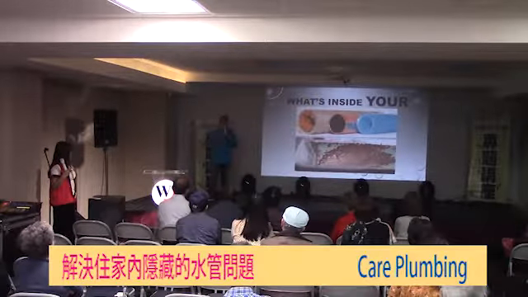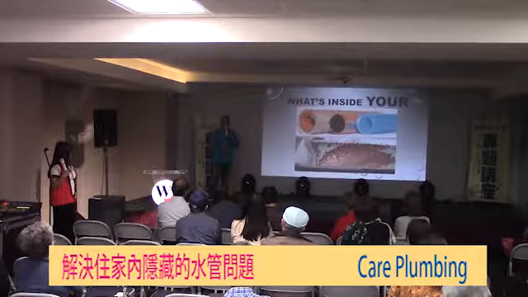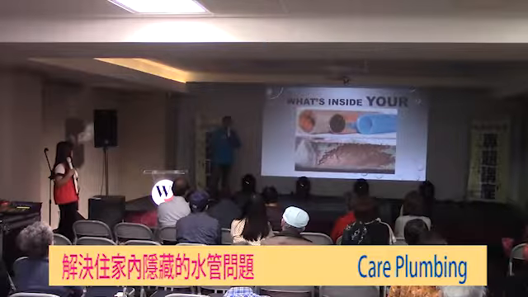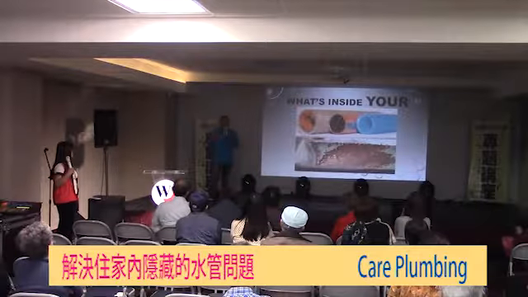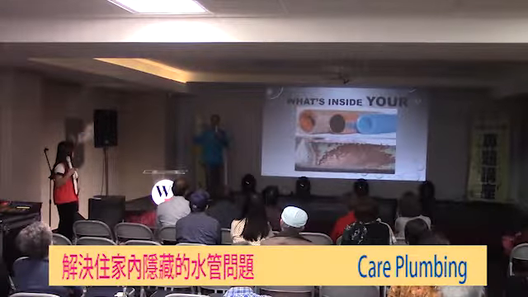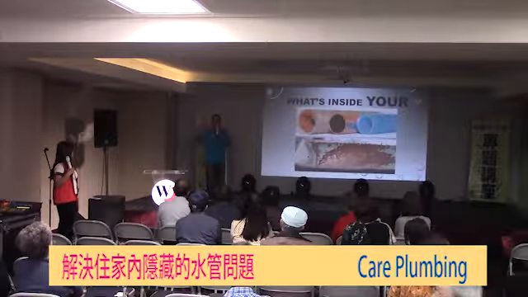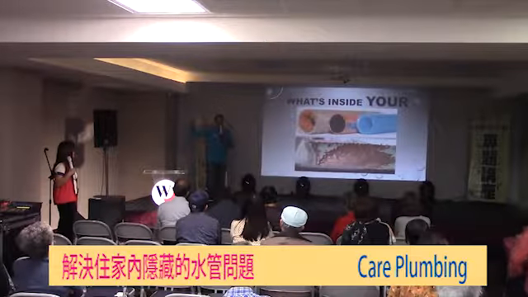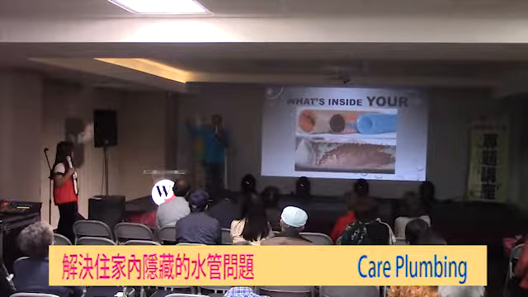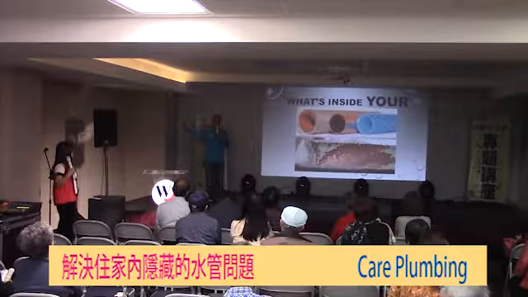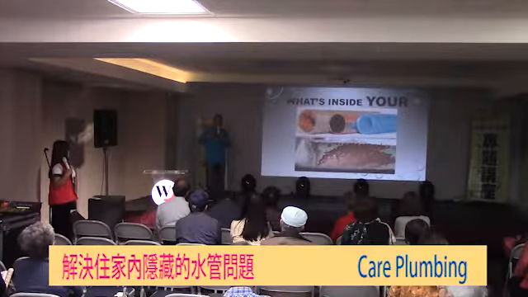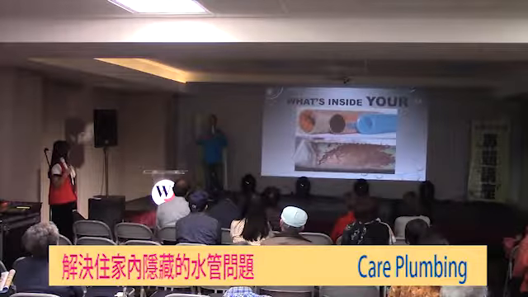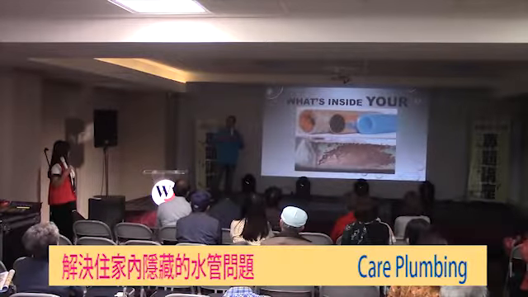When we come in, we take everything out and we put in a new pipe and we give you a lifetime warranty on it. In order for us to give you that warranty, we have to make sure we're using pipes from a manufacturer that we trust, because some of that warranty comes from the manufacturer. For instance, the copper that we're using to repipe your house comes with a 50 years manufacturer's warranty.